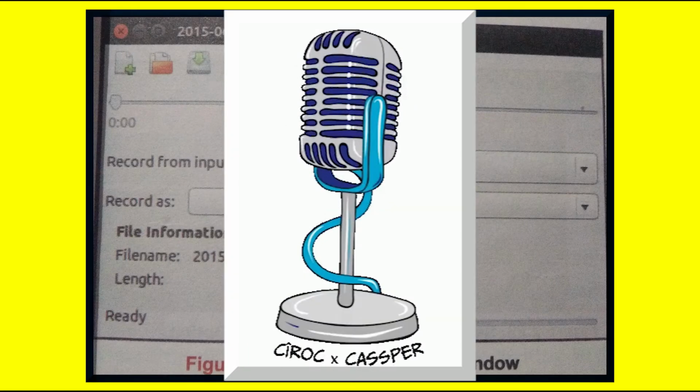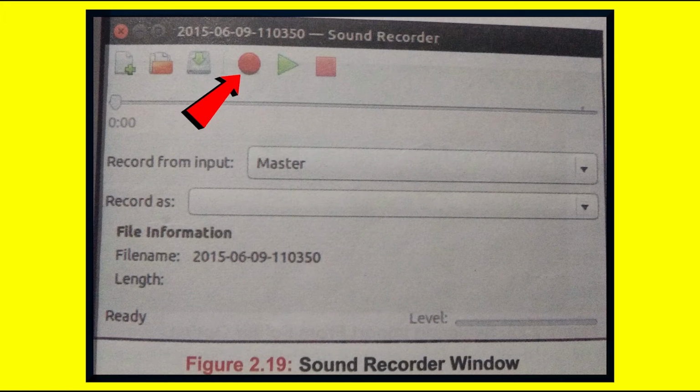Attach the microphone to your computer and click on the record sound button. The timer starts. Now start speaking into the microphone. Once you are done, click on the stop sound button to stop the recording. To save the last recorded voice, click on the save option in the file menu or click on the Save Current File button. Your audio will be recorded.